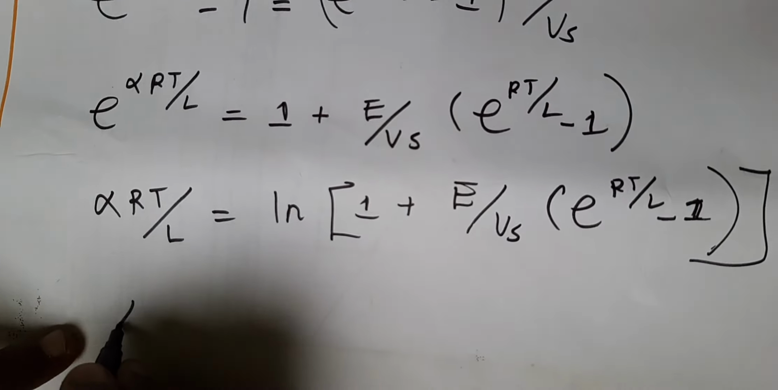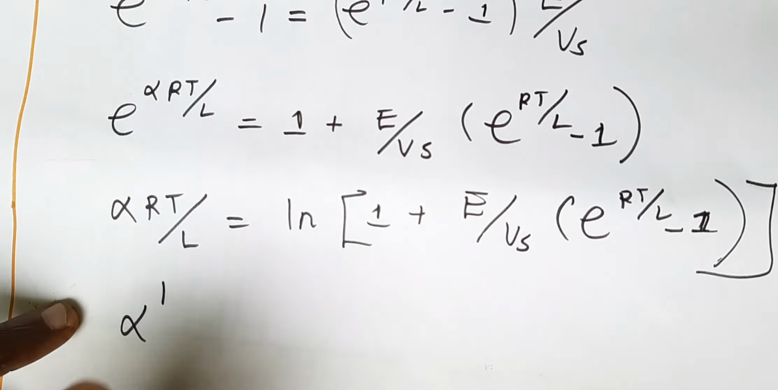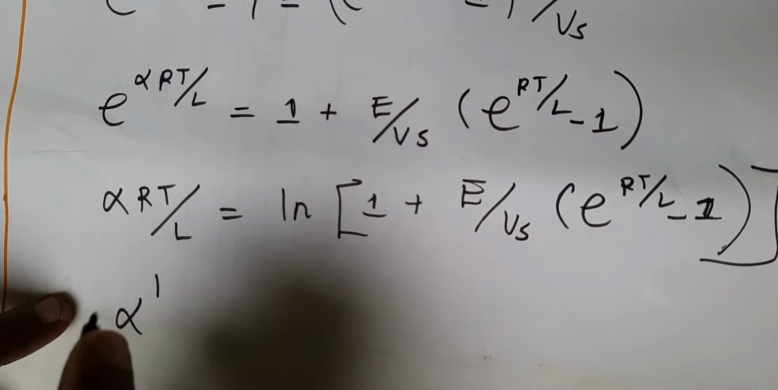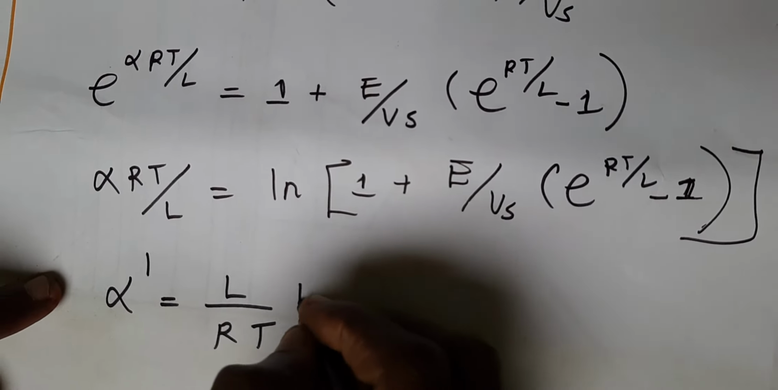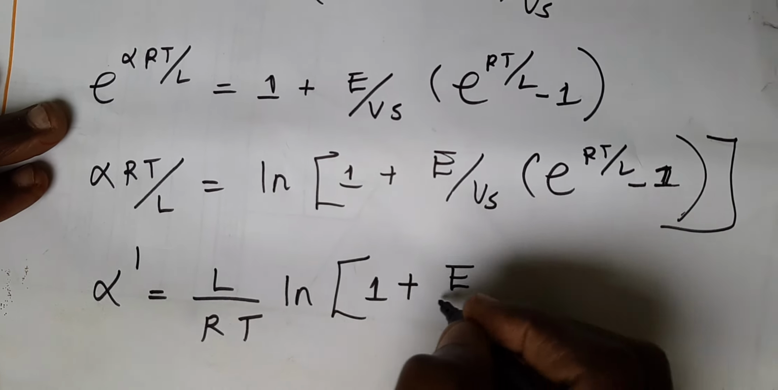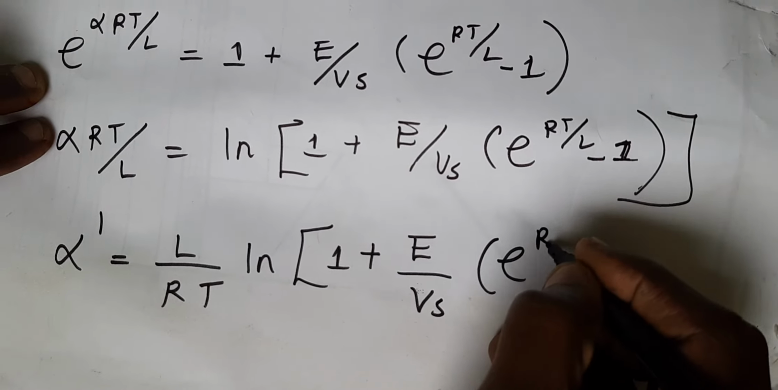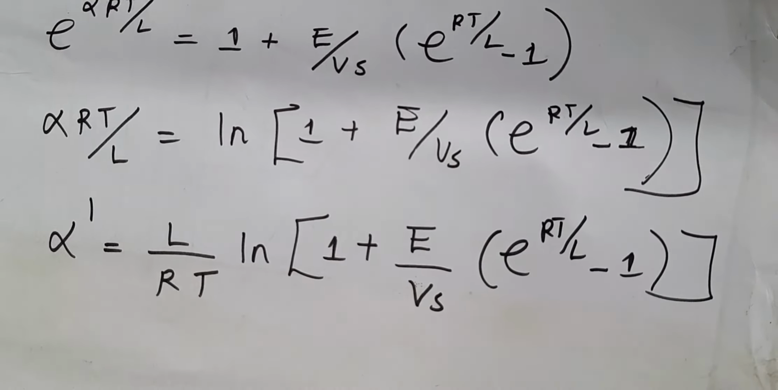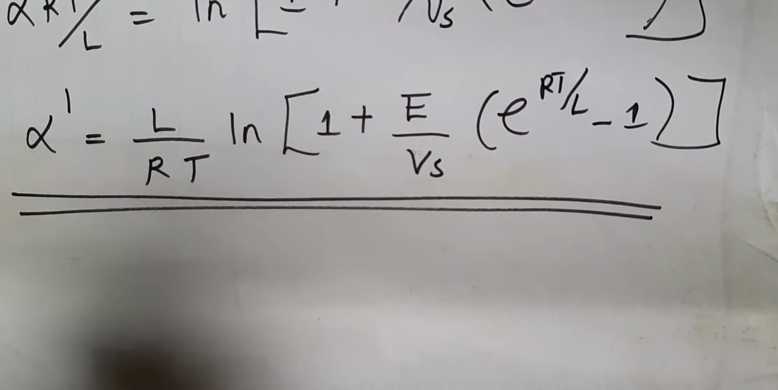Okay? So then now, since it was alpha, because we equated to 0, this is the alpha at the critical limit, or rather the boundary, and it is going to be given by L over RT ln(1 + E over Vs) exponential RT over L minus 1. Okay? So this is the equation for the duty cycle for the limit of